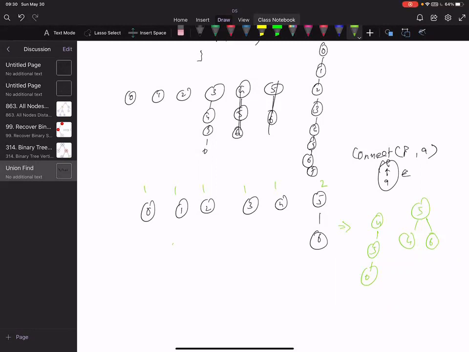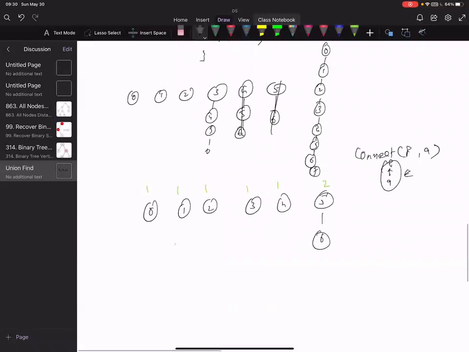Yeah, the second one. Right. So what I will do is check the size and make the smaller a child of the bigger, because I'm maintaining the size also. The green color is where I'm tracking size. So when I connect 4 to 5, since 4 is smaller, I'm going to make 4 a child instead of 5 as a child.